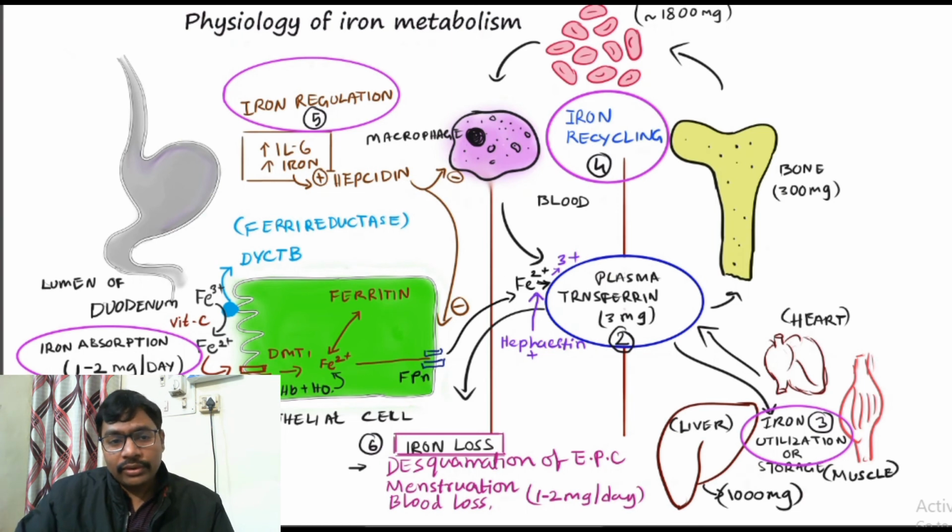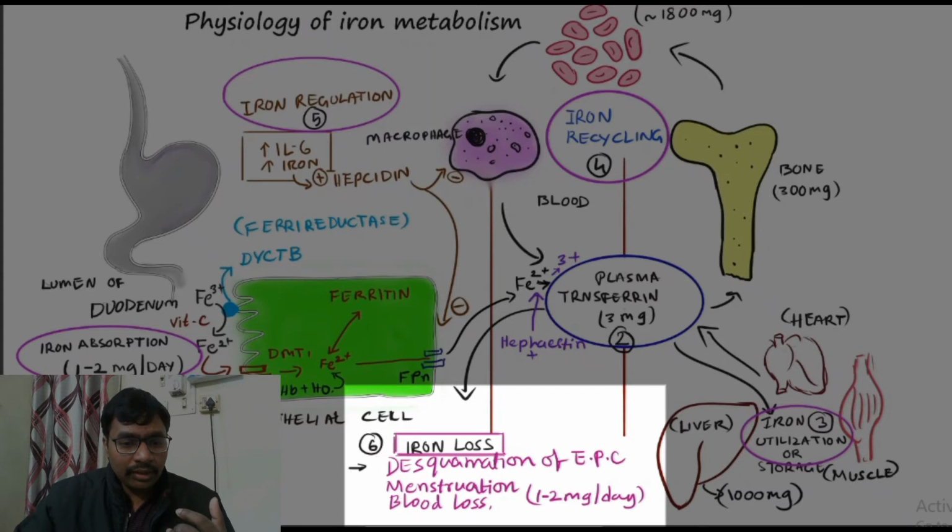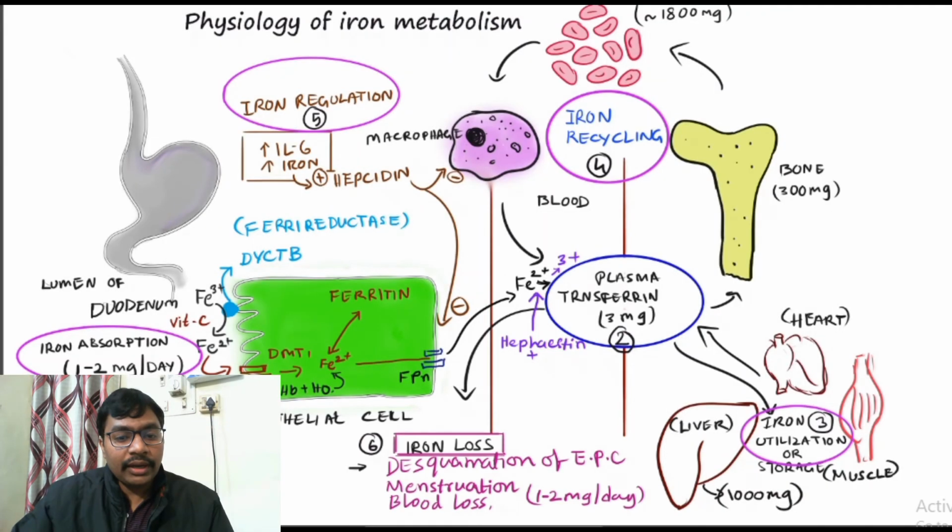So iron loss happens through blood loss, menstruation, the turnover of epithelial cells, and sweat through skin, etc. These are the means of iron loss. So what I mean to say is, the iron loss cannot be controlled, but overall iron metabolism is controlled by one fellow,